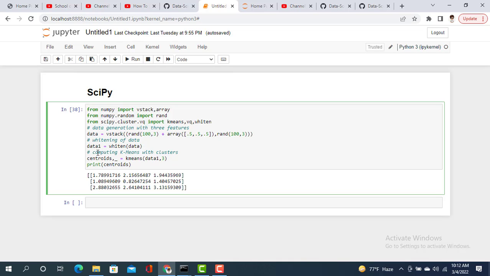And another one, computing k-means with clusters. So here I can use centroids and kmeans. So I want to cluster the data points like this. And after that I just print the centroids and it shows the clusters. Okay, so that's the process you can work with